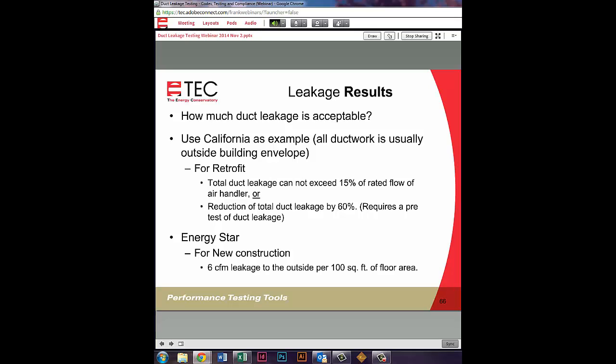So how much duct leakage is actually acceptable? What's that mean? What do our leakage results come down to? If we use California as an example, all the ductwork is usually outside the building envelope. Since it's already outside the building envelope, a total duct leakage test is usually what's performed. It's rarely a duct leakage to outside, because again, all the ducts are outside, so why do I need to do both tests? Under Title 24, the total duct leakage cannot exceed 15% of the rated flow of the air handler,